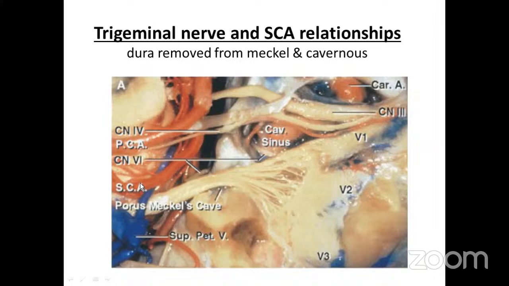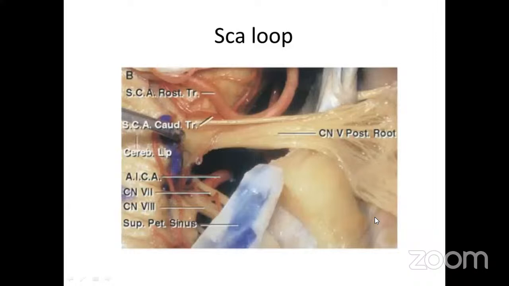So in the next picture we can see the clear loop. So here, this is the trigeminal nerve. This is the straight retrosigmoid approach towards the trigeminal nerve. So this artery arises superiorly from the basilar and forms a loop and goes inferiorly. This is the lateral surface of the trigeminal nerve. So it forms a loop and goes along the lateral surface of the pons to join the superior cerebellar peduncle